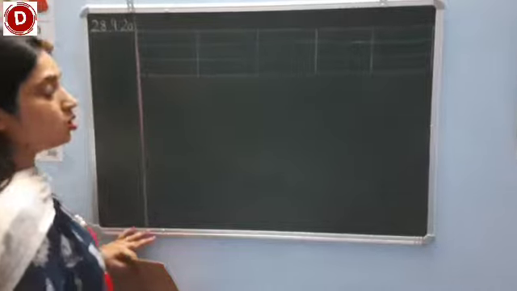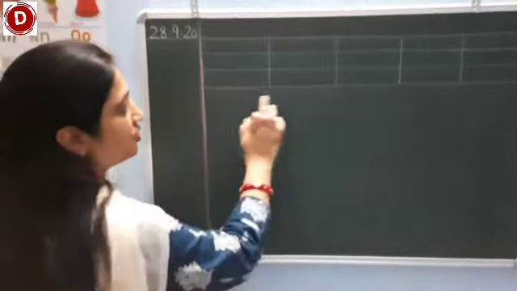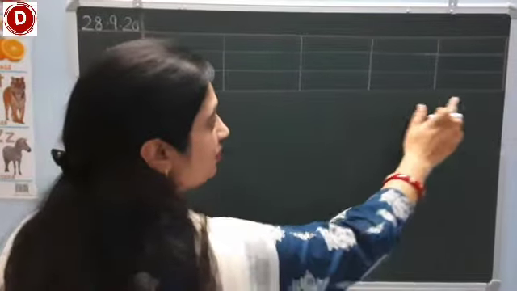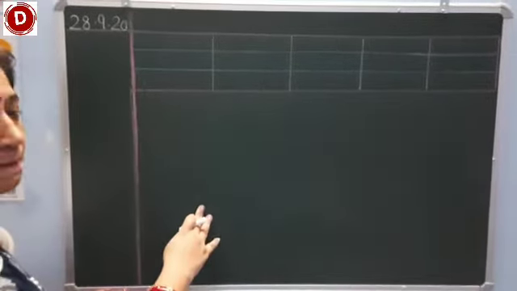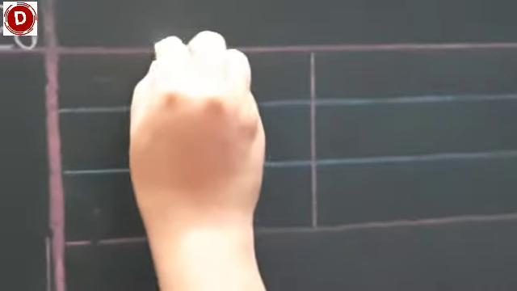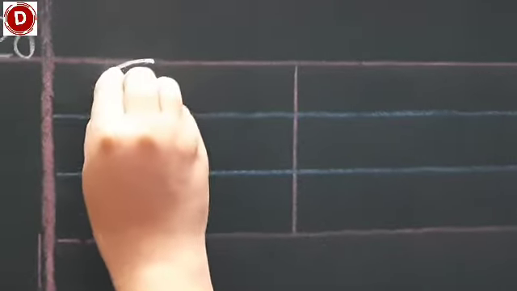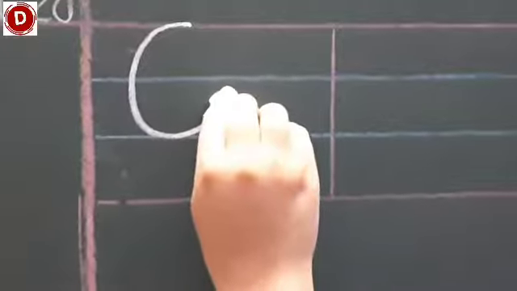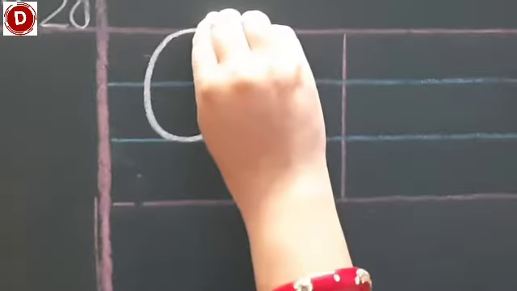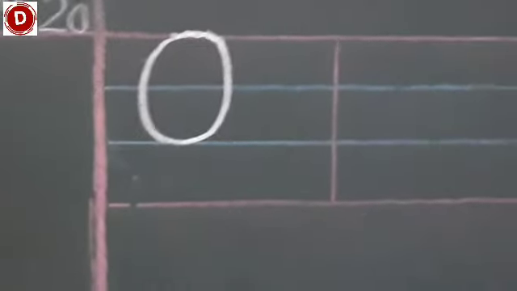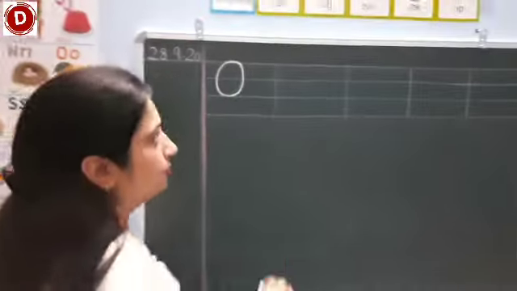How we will write O and P? Children, first two blocks we will write O, and the next three blocks we will write capital P. See how we are going to start it. From the red line, put your pencil on the red line and then make a semicircle till the second blue line, and then again go upward and then touch the red line from where you have started. In this way you have to write capital O.